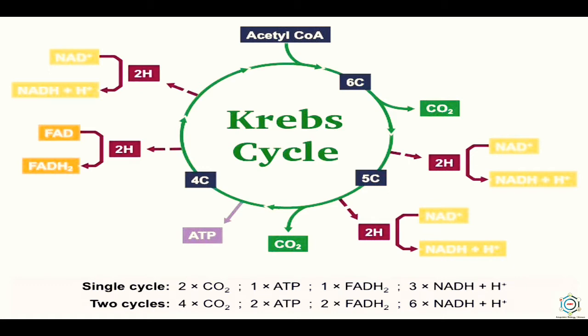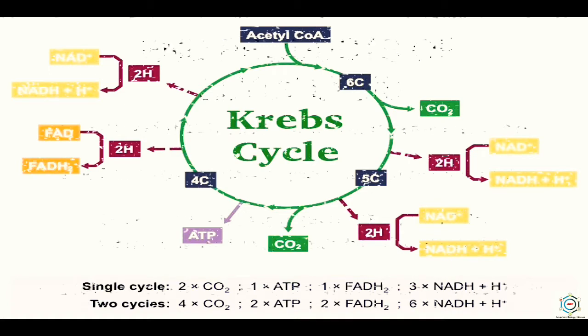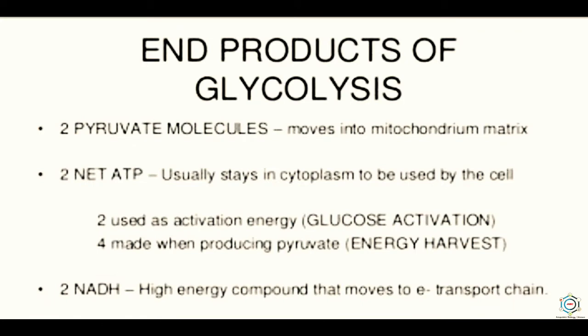Each glycolytic NADH plus H plus yields 2 ATP molecules when oxidized by the electron transport system. Thus, the two molecules of NADH plus H plus of the glycolysis yield 4 ATP molecules. The glycolysis also yields 4 ATP molecules by transphosphorylation, out of which 2 ATP are consumed. Thus, the glycolysis contributes a total of 2 plus 4, it means 6 ATP molecules.